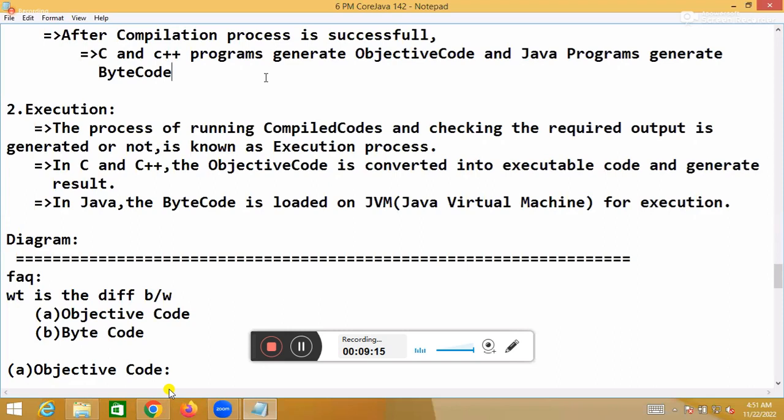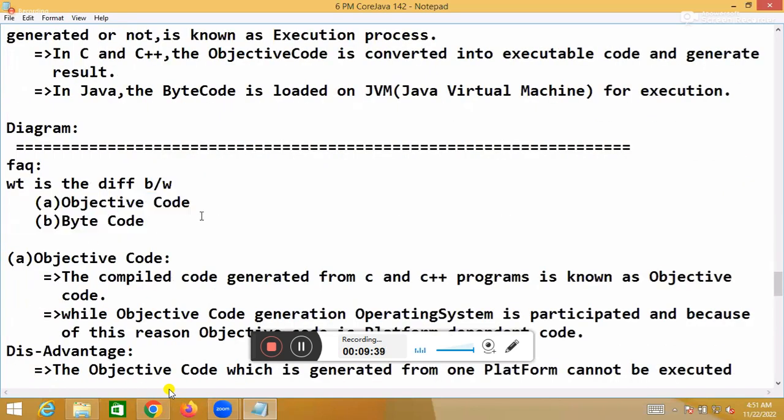Because of this reason, they'll ask a question. You are entering into Java. Do you know? You are getting one byte code. Why? C language is getting one objective code. No? What is the difference? They'll ask a question. So always it is a mandatory question you are going to expect in your interviews. Got it? Because of this reason, I said to you, in C objective code is coming and in Java byte code is coming. What is the difference between objective code and byte code?